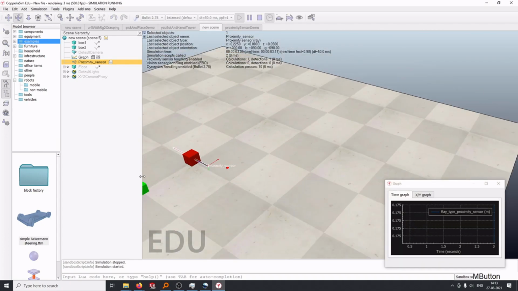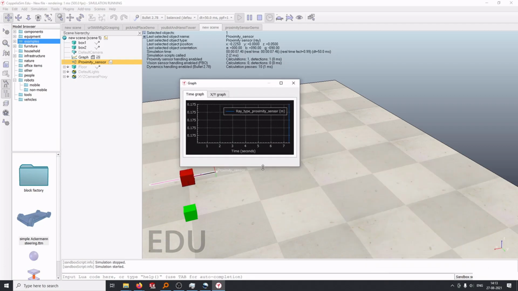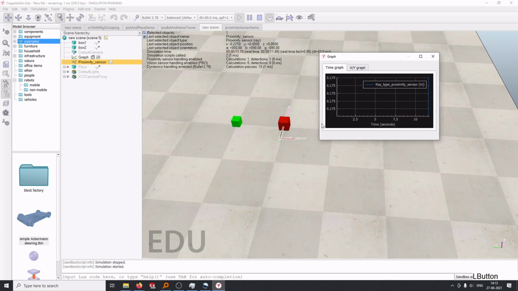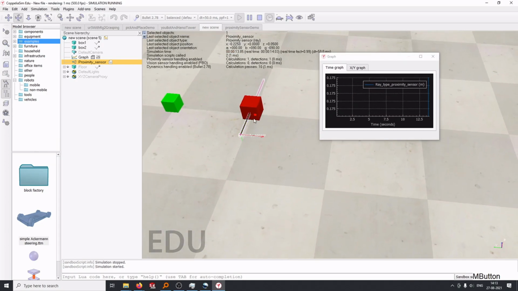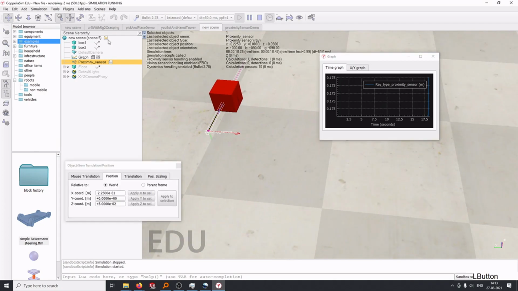Okay, so when we see when it is detecting, with respect to time, it's giving some constant value. We move the sensor and see what happens, so that we see change, right? Yeah, we see a change now.